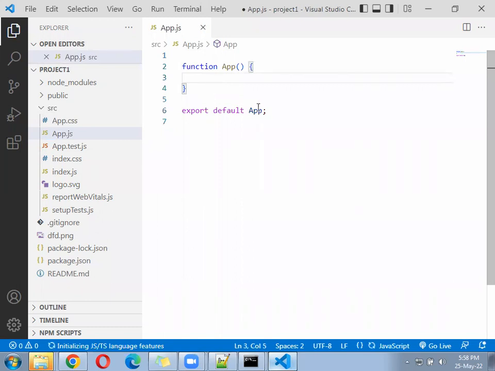Export default, meaning what? I will be guiding you, but not directly. As of now, this is the existing page. Let it run. We'll modify something. We will see the problem. Okay, where JSX is failing, how to write JSX. Once that idea comes, then we will discuss, okay, export is happening here. Where is the import? What is the relation between export and import? Okay, this is the function. So is it called a function or is it called a component? What is it called? Okay, so we will discuss that. So delete all content from your app.js file and come inside that. Okay, and in JavaScript, you have an idea of the function.